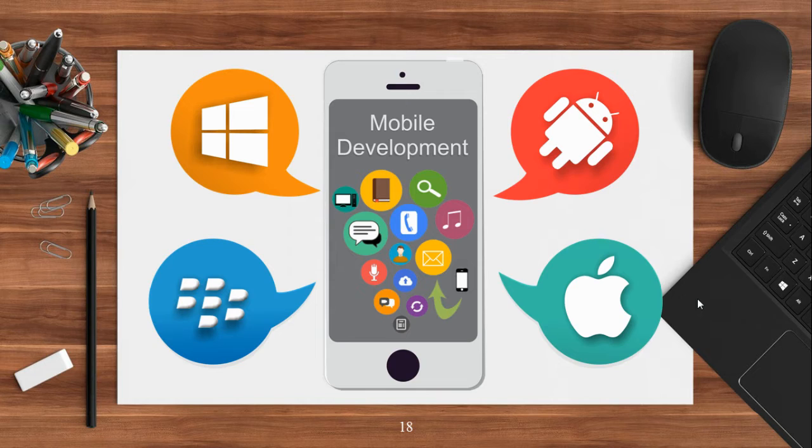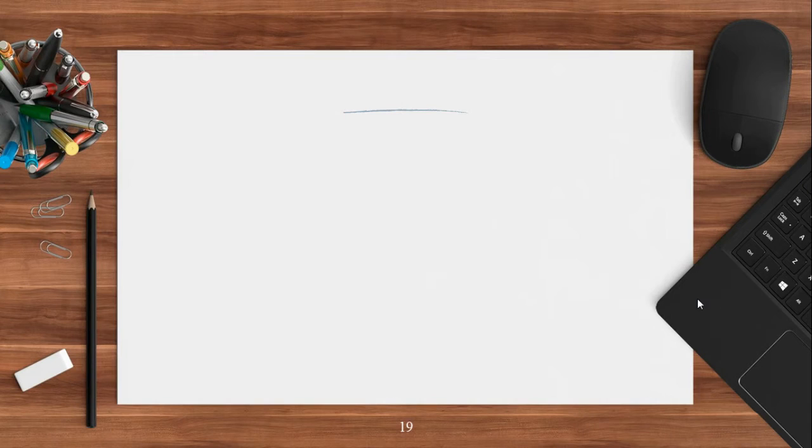Yes. If you have your mobile device, that is more than enough. Any type of operating system is supported to create an application. So you need not worry that only one type of operating system is necessary. Any type is enough. So now I have four types of operating systems here: Windows, Android, BlackBerry and Apple. Okay. And the next one I'm going to show you